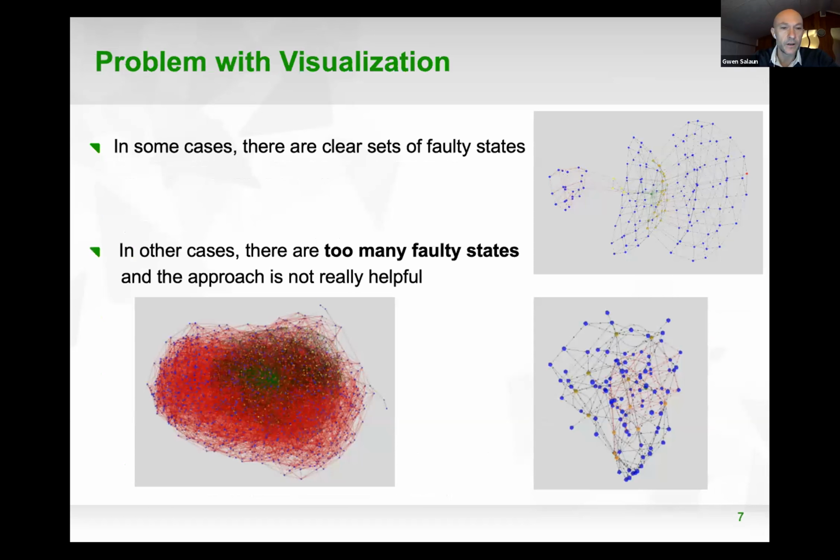Let us now focus on visualization. What is interesting is that in some cases we can see that faulty states form some kinds of groups, as it is the case in the example at the top right. But in other cases, visualization is not so helpful. This is the case when the faulty part contains too many states and transitions, as we can see at the bottom left of these slides. This is also the case for smaller examples with not so many states and faulty states, but no clear relationship between these faulty states, as it is the case at the bottom right of this slide.